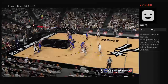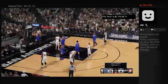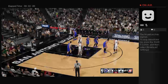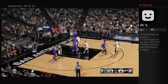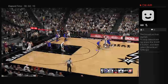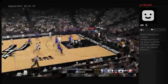Duncan with a screen on Thompson. And Parker, here we go. Splitter with the ball. And Curry picks him up defensively. And that's out of bounds. San Antonio will retain possession. Thompson comes with the double team. Nobody near Parker. And they're limiting their...